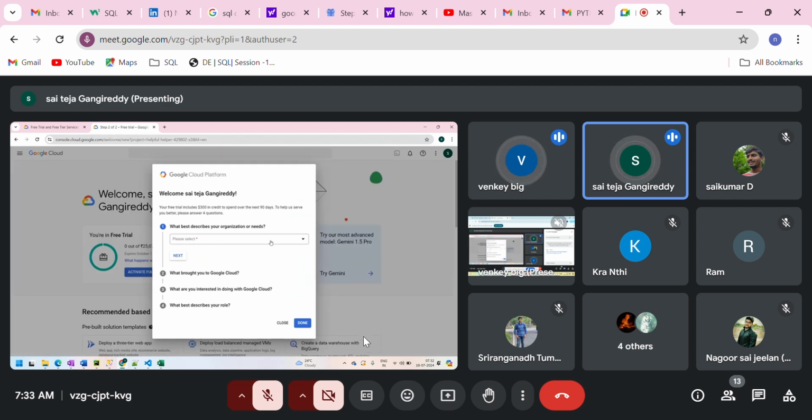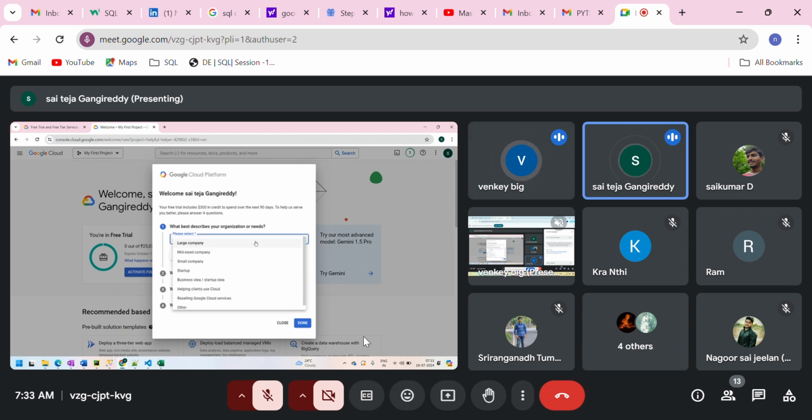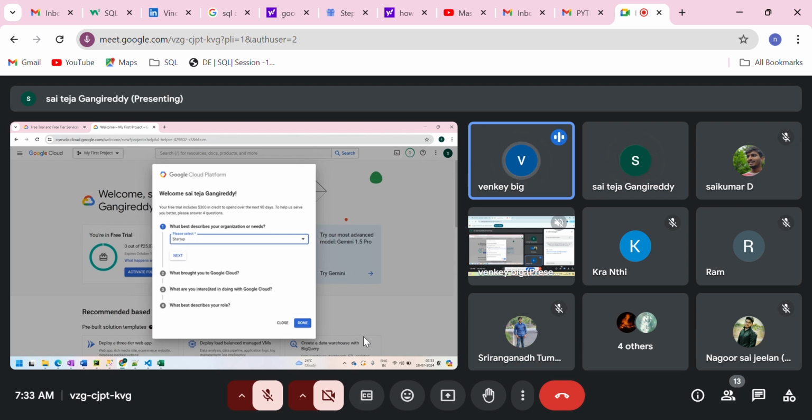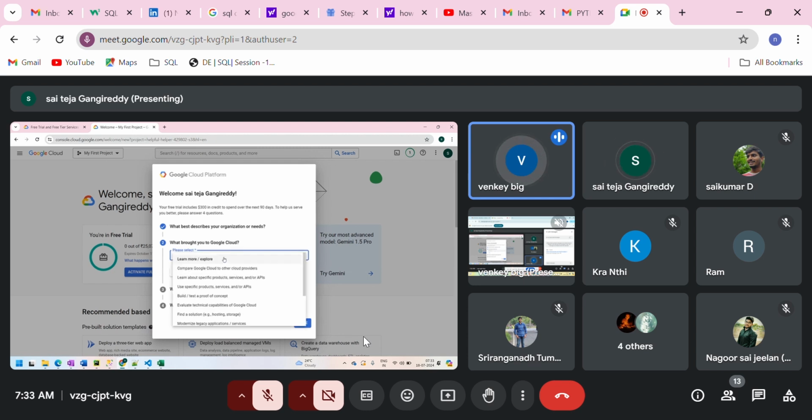Yeah. So now you just need to answer a few things. What best describes your organization? It's individual. You can select startup or something like that, and then next. What brought you to Google Cloud? So you can do some POC. Some options will be there, or evaluate technical capabilities of Google Cloud.